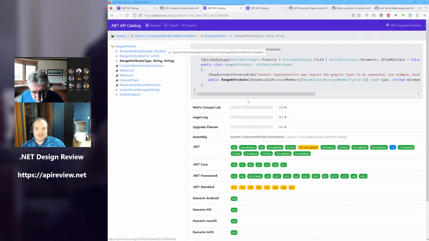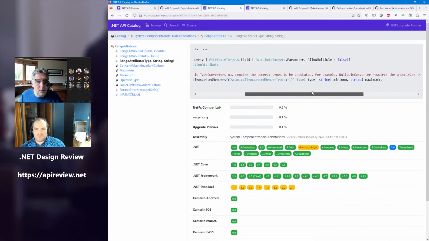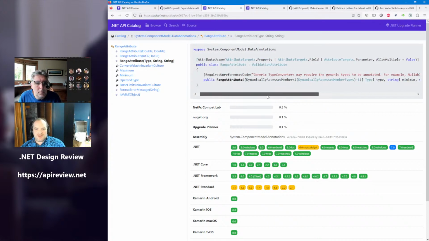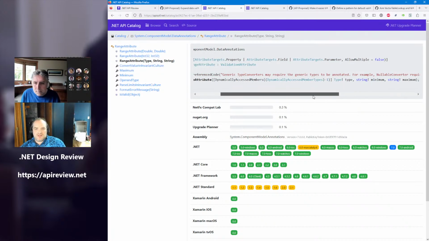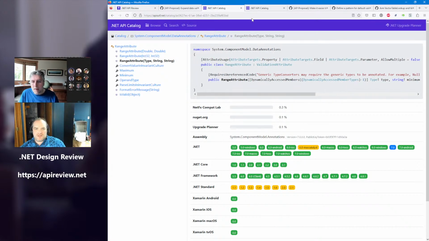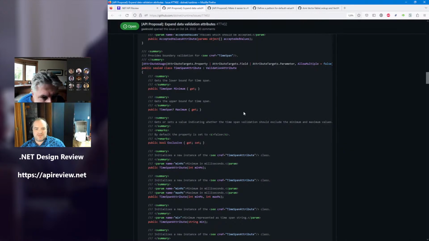Right, but this constructor on range attribute looks like you can say range attribute type of time span and then a string form of the minimum and a string form of the maximum. Right, which is also potentially more expensive if there's a lot of these, because then you have to parse out the time span versus simply converting the milliseconds or the minutes, etc. But that's a price you only pay once when you initialize the attribute.